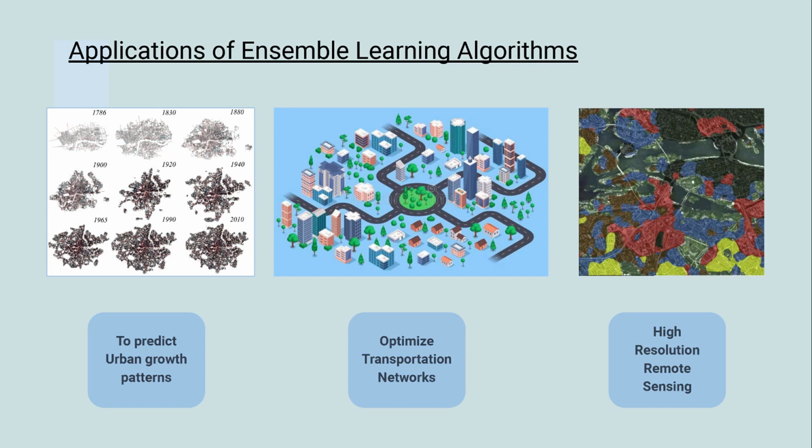In conclusion, ensemble learning has many real-world applications in urban planning. It can be used to predict urban growth patterns, optimize transportation networks, and make many other data-driven decisions that are critical for urban planners. Ensemble learning can help urban planners to make more accurate, efficient, and sustainable decisions, and can ultimately lead to better quality of life for